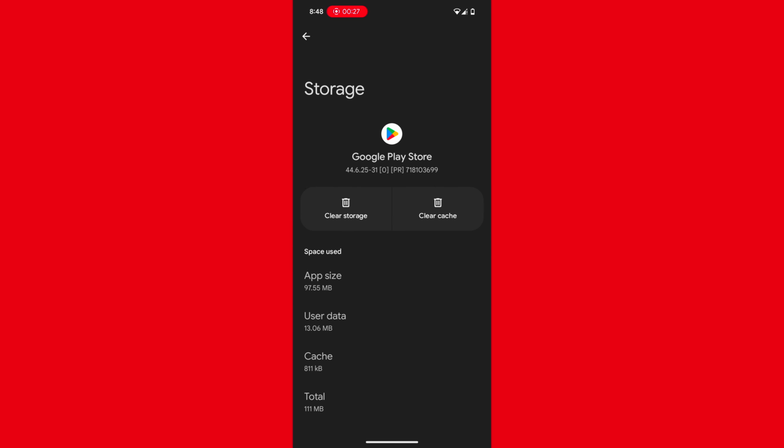Once you click on that, first click on clear cache. Once your cache is cleared, click on clear storage. Now once you have cleared this, to be on a safer end, you have to do the next step too,